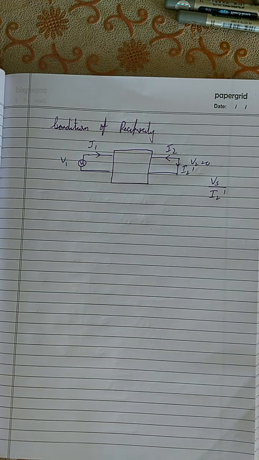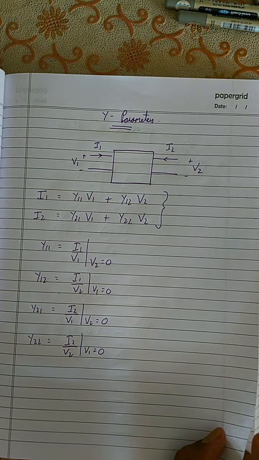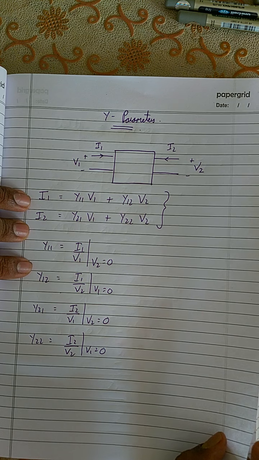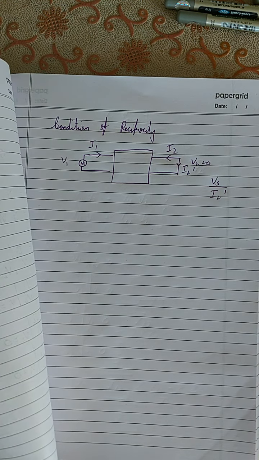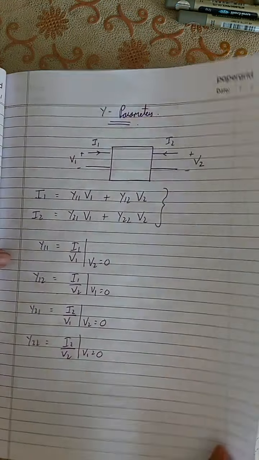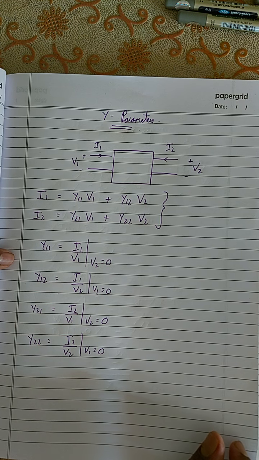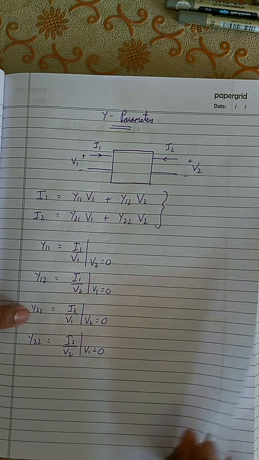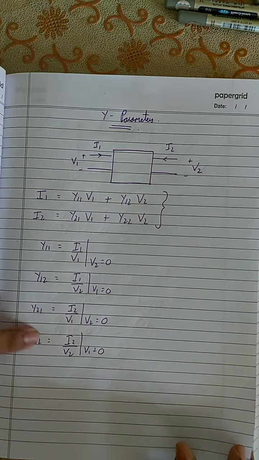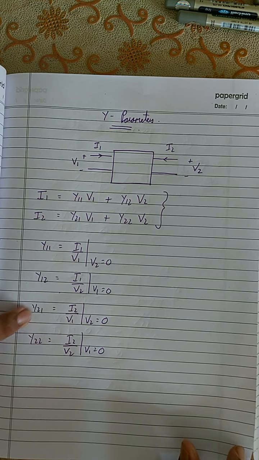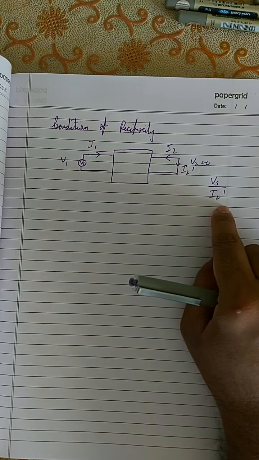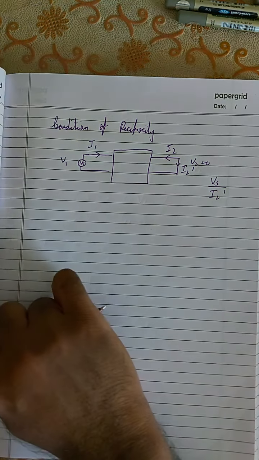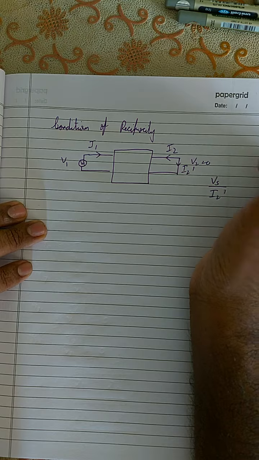Let me see if there is a shortcut method of finding it. Vs by I2 dash, there must be some shortcut, right? Vs by I2 dash is nothing but V1 by I2. You have I2 by V1 over here, right? And V2 is equal to 0, exactly the same. This is what I need, right? So you can either apply the condition to the equation, or anyway I will apply the condition, since otherwise you might get confused.